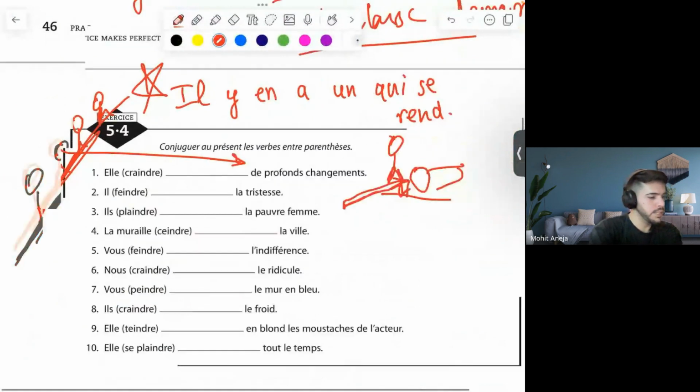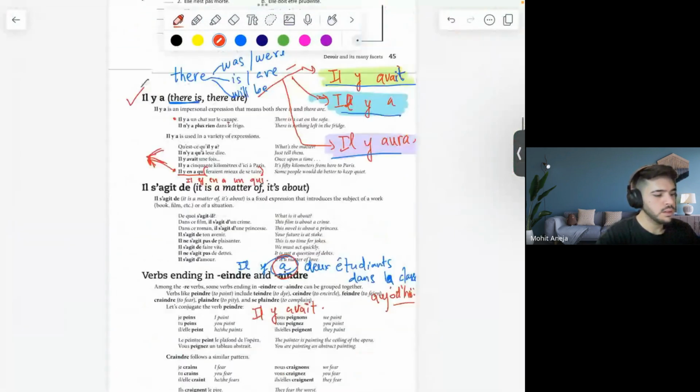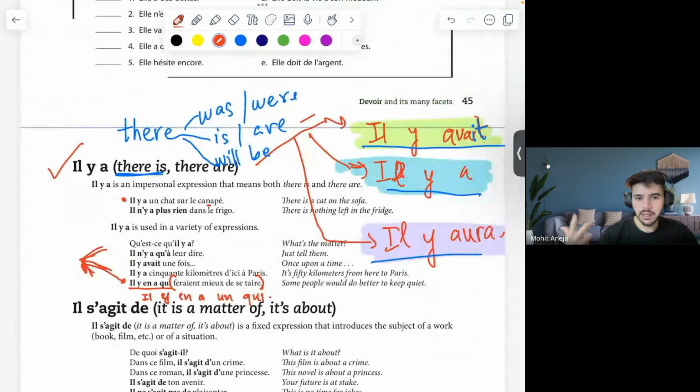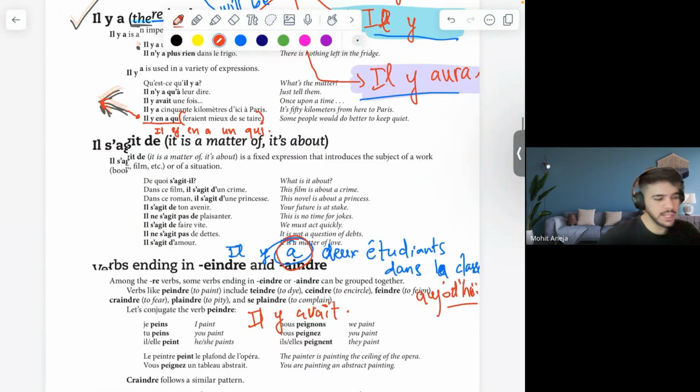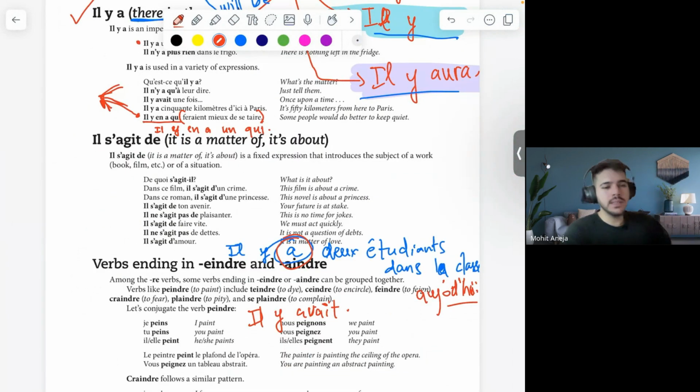Okay. Let's come back. ये समझ में आ गया इल y a, il y en a. This is actually very, very, very important, इसलिए मैं इतना टाइम लिया यहाँ पे, ठीक है. Then let's look at il s'agit de. इसको अभी तुम बस इतना समझ सकते हो, इसका ये मतलब तुम्हें समझ में आ गया, it's enough for now, ठीक है. Il s'agit de means it's about, for example the book. Il s'agit d'une histoire fictive, par exemple. Ce roman, dans ce roman, en fait il s'agit de